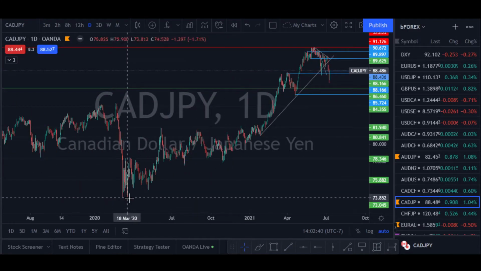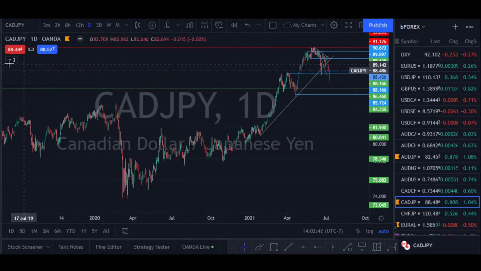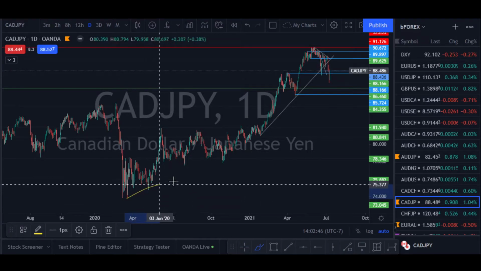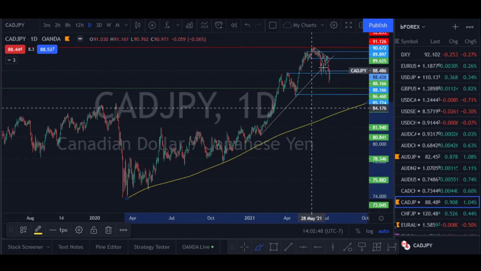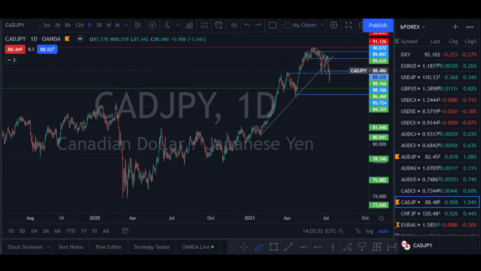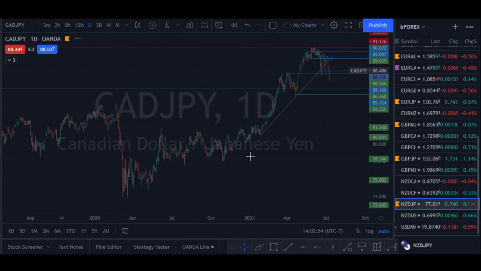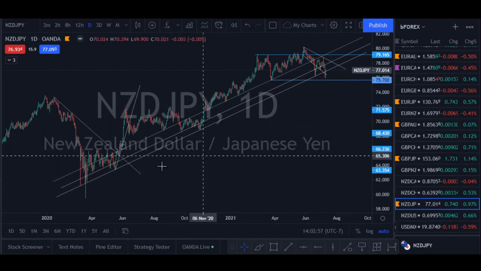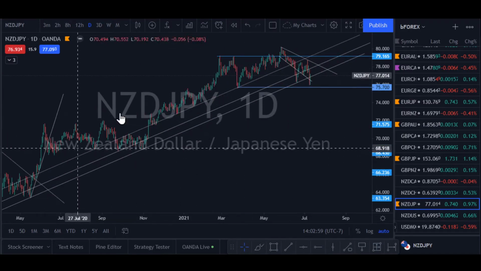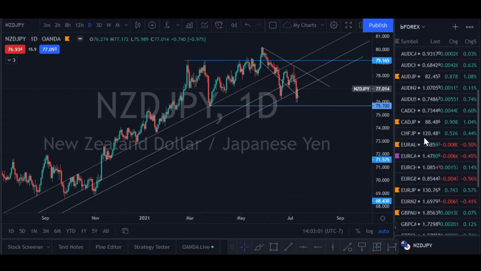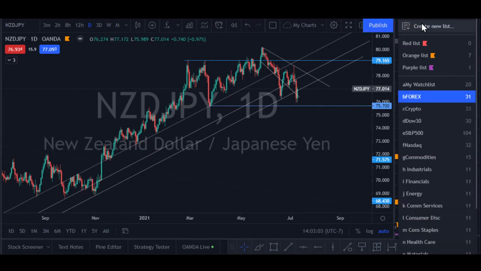Maybe on the Canadian dollar, because things have been changing with the Canadian dollar, it's a little bit different. But if you see here on the Canadian dollar, there's a much more shallow momentum to that. So that's something to watch in the future. But definitely on the Australian dollar and the New Zealand dollar, that long-term momentum is breaking. And so that's something to watch going into